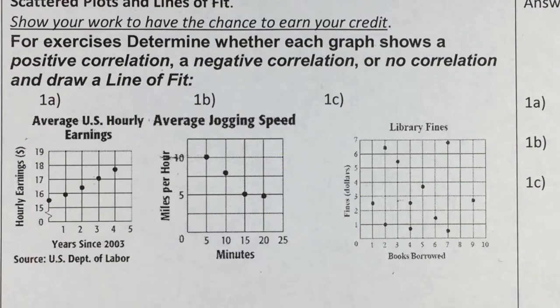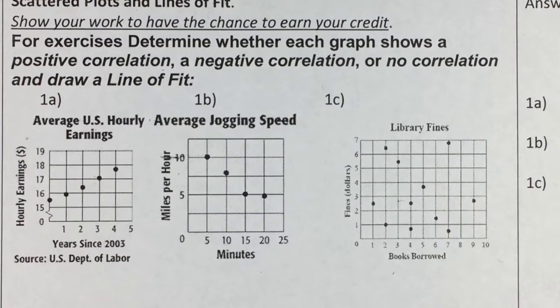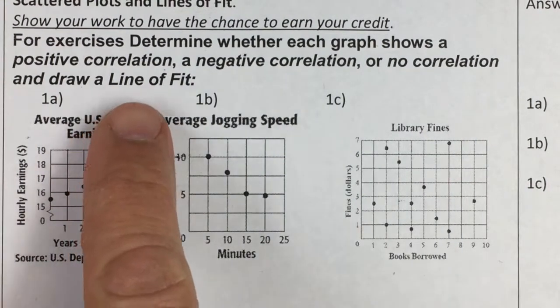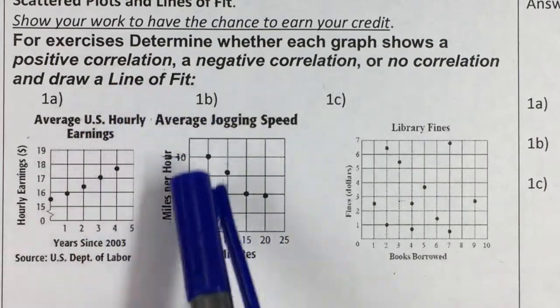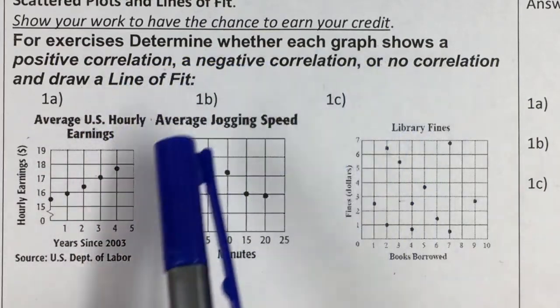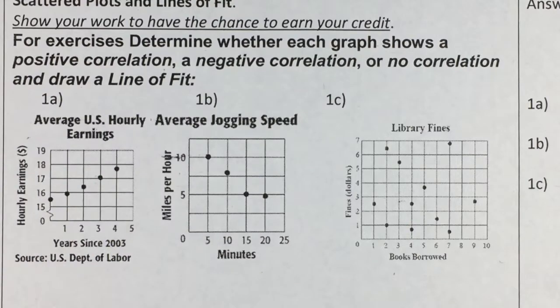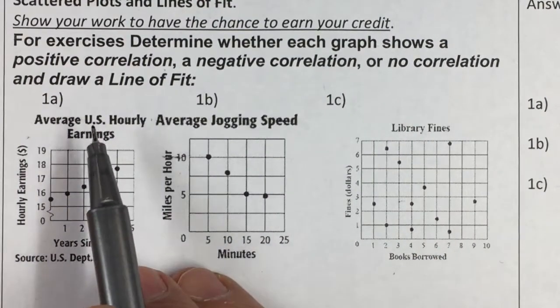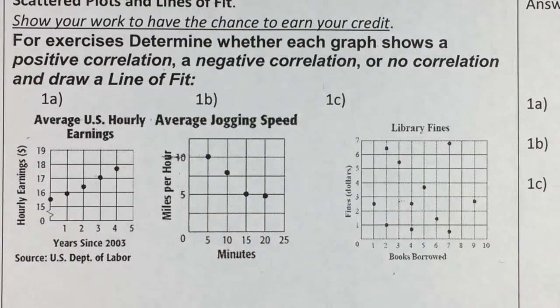This is a review for scatter plots and lines of fit. The first exercise says, for the next exercise, determine whether each graph shows positive correlation, negative correlation, or non-correlation, and draw a line of fit. So the first one, we see that